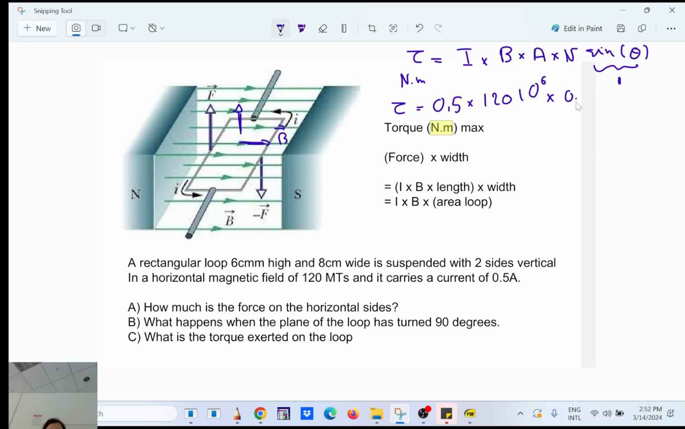Area will be 0.08 times 0.06. Do you agree? Okay, so that will be the torque. And we get